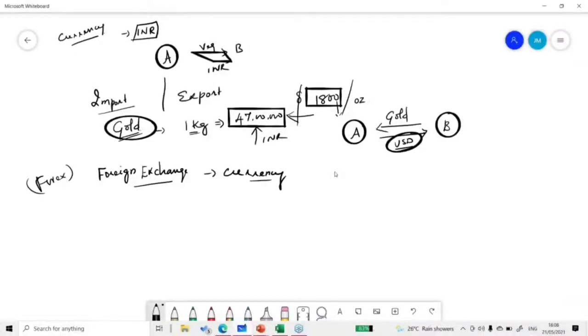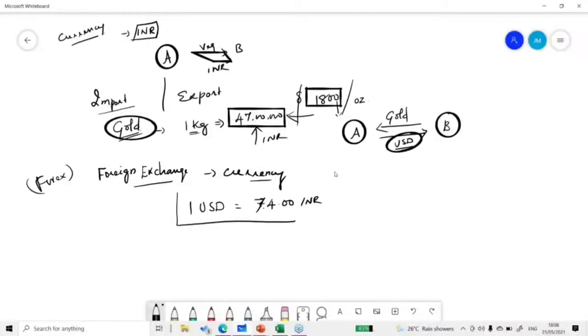So now, how do I call it? And that's going to be the most important thing. We know what INR is. 1 rupee, that's it. If I say 1 rupee, that's 1 rupee. But if I'm going to buy $1, how much do I need to pay? Probably it is trading somewhere around 74 rupees. So 1 USD equals 74 INR. This is a quotation, the normal nomenclature which we use.